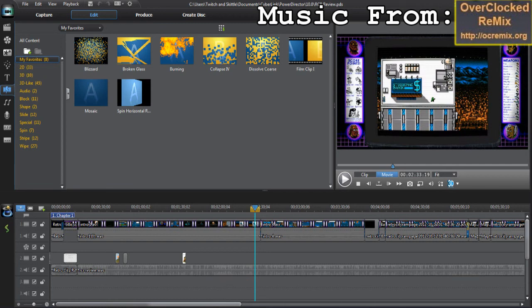So there we go, folks. If you want to get into YouTube and use something like this, I highly suggest grabbing Power Director. Again, it's not too expensive, about 50 to 60 bucks, give or take, and fairly powerful. And again, Audacity, which I'm pretty sure is still free out there. And I failed to mention Fraps, of course, is what I use to record most of my things off the PC.